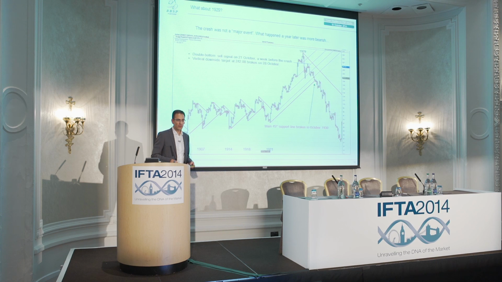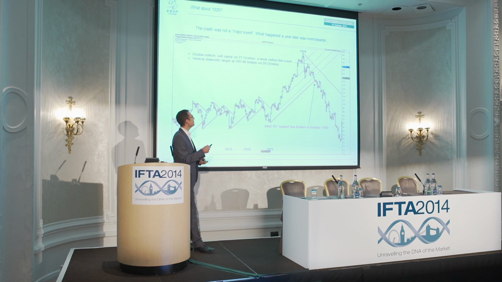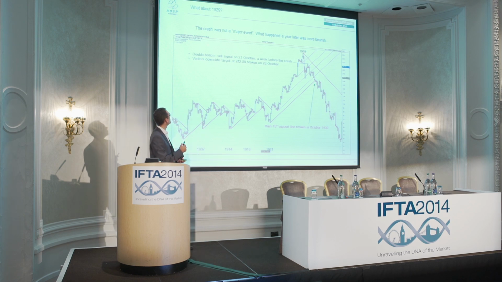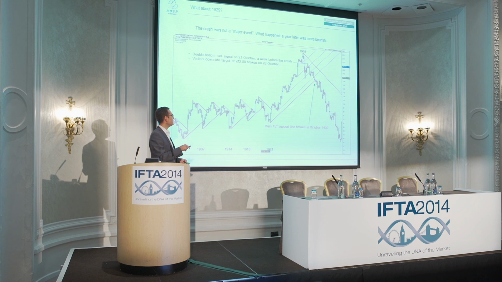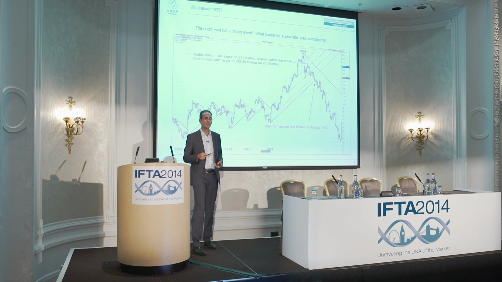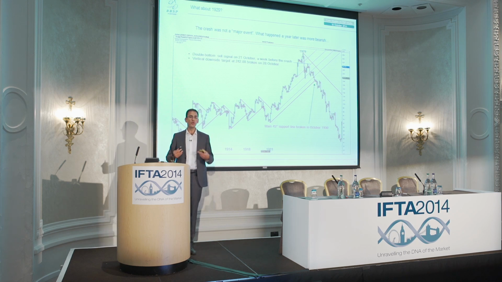Now, if we look at the crash of 1929, it's quite similar. Before the crash, I selected a 1% times 3 box size as well, like in 1987. We had a first double bottom breakdown, a second one, there was a target, so I put it here, and then the stock market crash. So the picture is quite similar. There is a big difference between 1987 and 1929: the break below this 45-degree line, one year after the stock market crash, signaled the potential start of a real bear market.